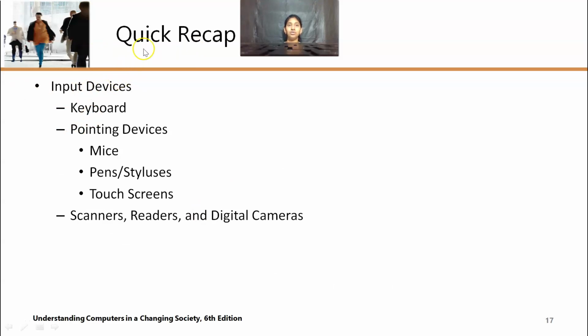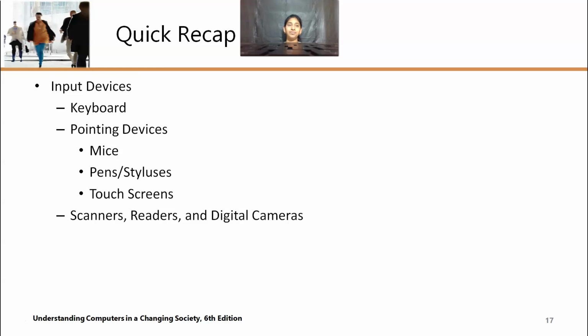And let's go through the quick recap. We are talking about input devices. Input devices are nothing but the devices which perform input operations. And we talked about the keyboard. Keyboard is an input device with which we type data into the computer.